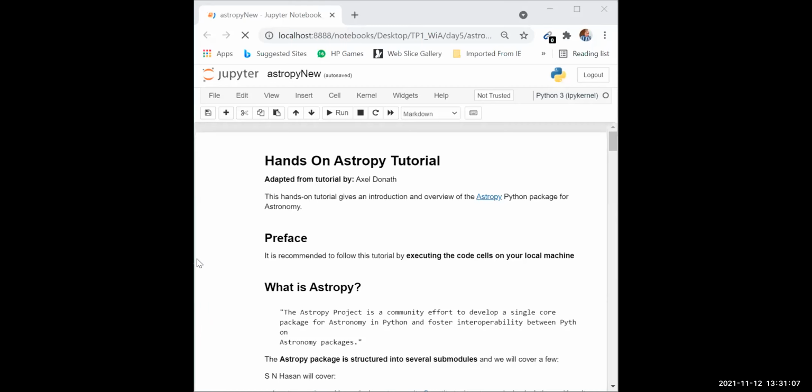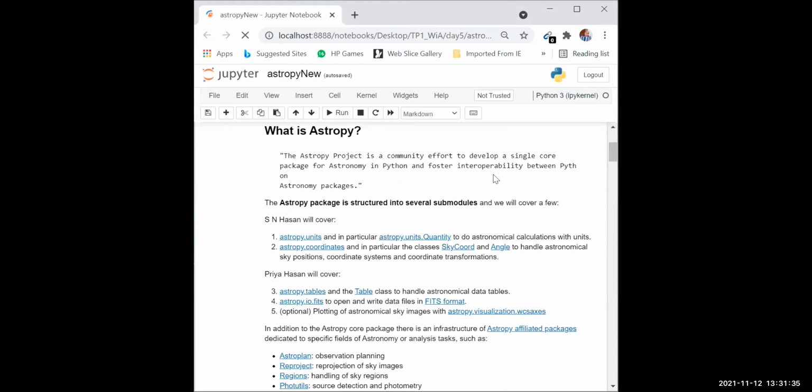So today, as we promised, we'll look into Astropy. And I'll share my screen. Yeah. So we'll have a hands-on tutorial on Astropy. And I think Priya has already shared the notebooks with you. And so what is Astropy? Astropy project is a community effort to develop a single core package for astronomy in Python and foster interoperability between